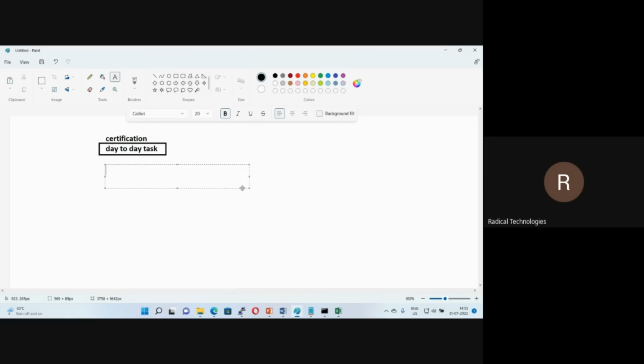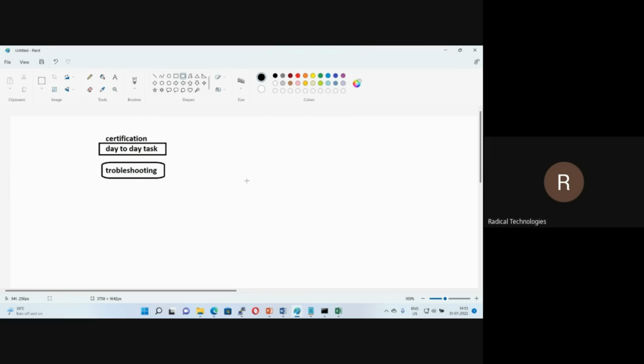Then last, I am going to cover troubleshooting. In the troubleshooting, I am crashing the server, crashing the kernel, crashing the grub, and repairing the system. So you can see how exactly troubleshooting works. Let's say you get an error like OS not found, your system is hanged, or a kernel panic error. If you get this kind of error, how do you solve the issue? So troubleshooting is a very important topic.